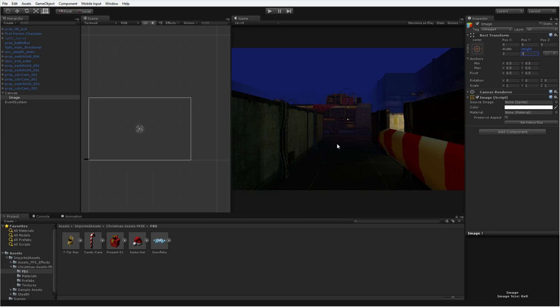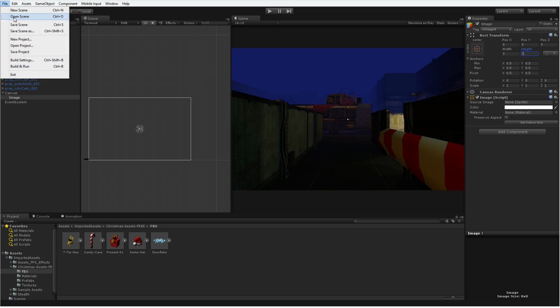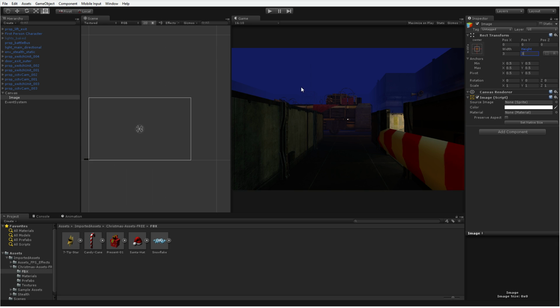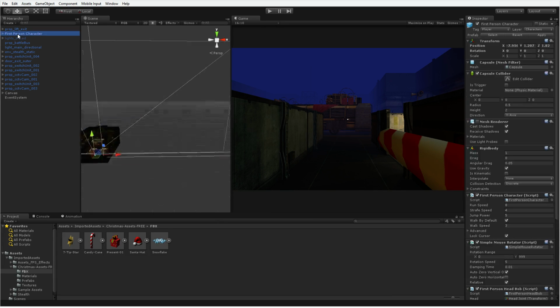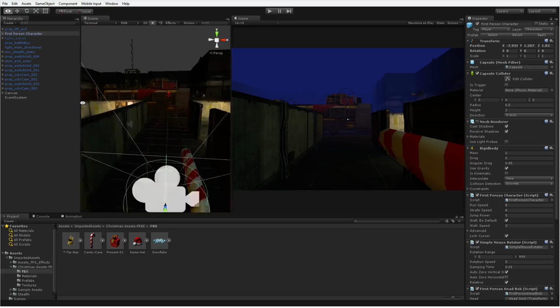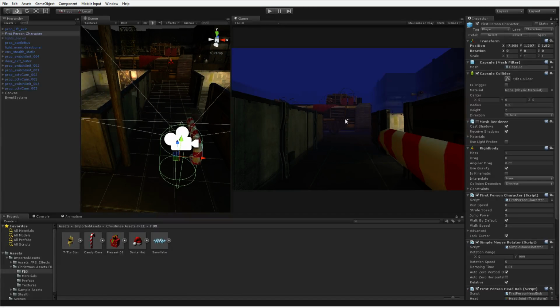It's not super awesome, but you know what? I draw with paint. I'm not about to sit here and pull out all the stops for a sight reticule. So that gives us our sight reticule here, which is pretty cool. And for now, I'm done with the canvas. So I'll just leave 2D mode and come back to my player. There we go. And so now, just with that one little step, I have a sight reticule here.